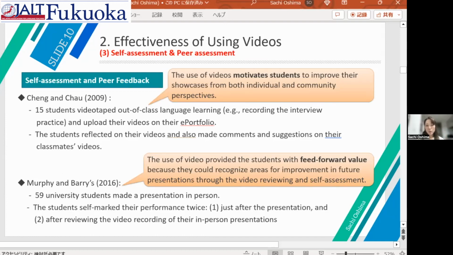There are two kinds of assessment which a student conducts. The first one is students assess or evaluate themselves, so self-assessment, or the student assesses their classmates, peer assessment. And Chen and Chow